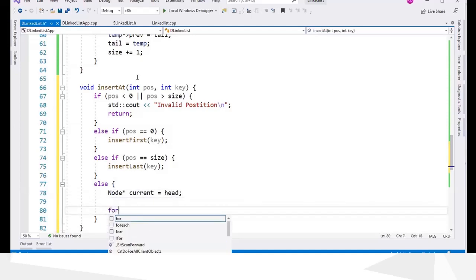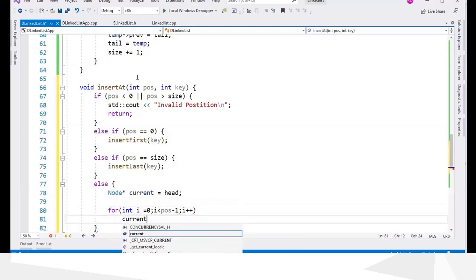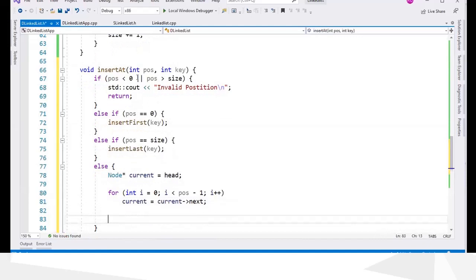for the position, int i equals 0, i less than position minus 1 times, i plus plus, next. So now we have moved to the node just before inserting.